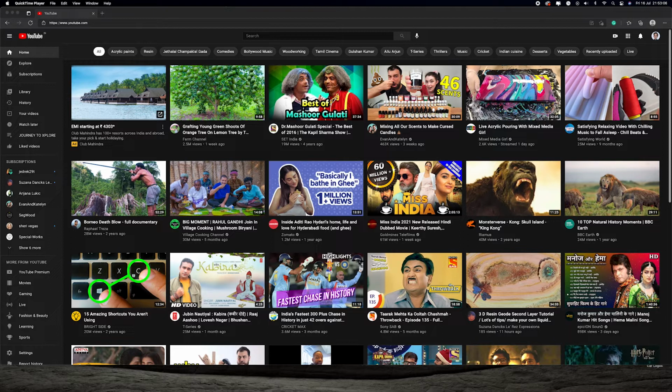Basically, there are two links which we'll be accessing throughout this video. One is your YouTube account page, and the second one is the YouTube Studio page. Both of them you can either access directly through the URL, or get a shortcut in the top right hand corner when you click on your profile picture. To access them directly, you can type youtube.com/account for the account page, or studio.youtube.com for the studio page.